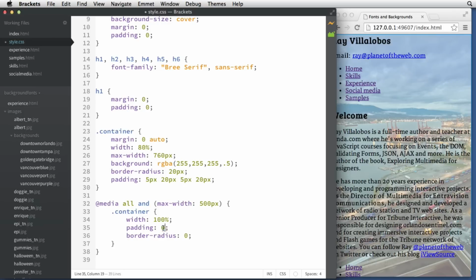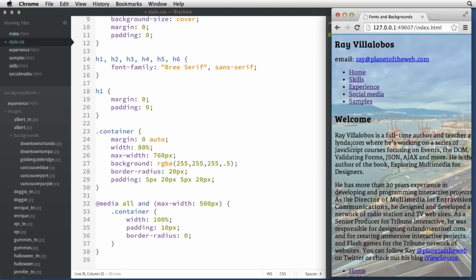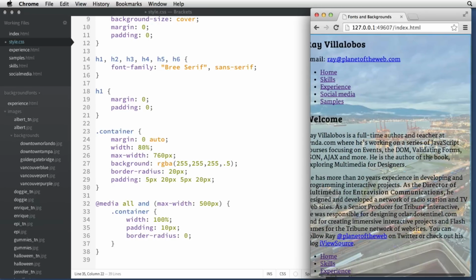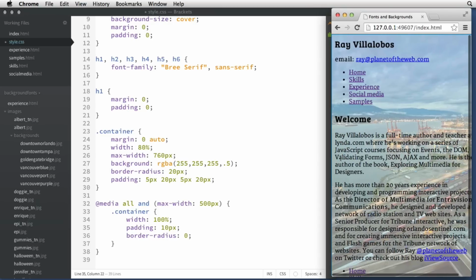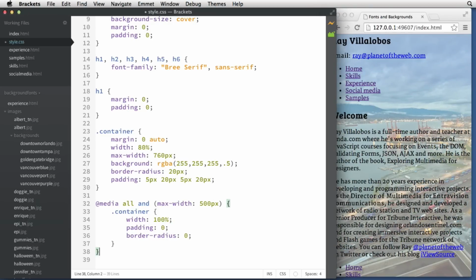So if we say padding here, say 10 pixels, right? What's happening is the width of the page is actually a little bit wider than the size of the element, right? So what we could do is set this padding to 0 here, but then tell